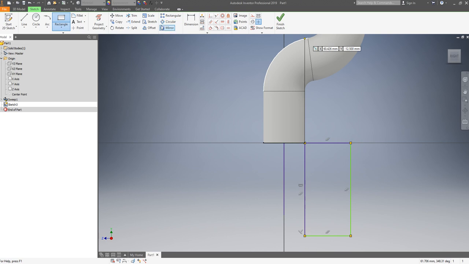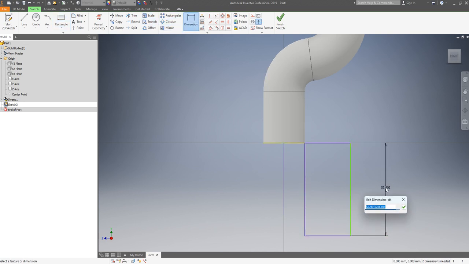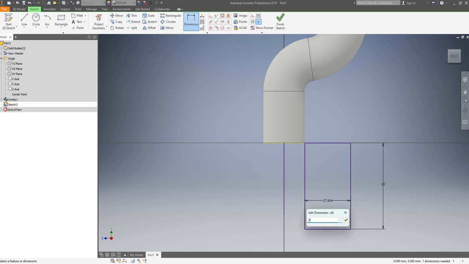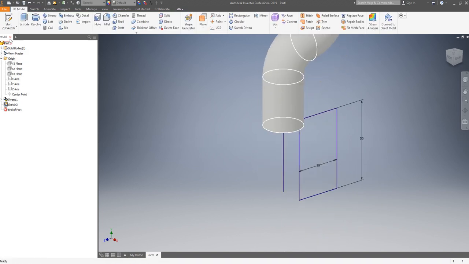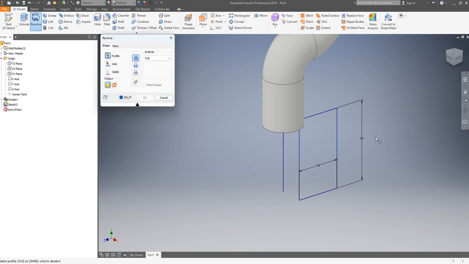Let's put the dimension 50, 30. Okay, let's click revolve. The profile is that. Axis is this.